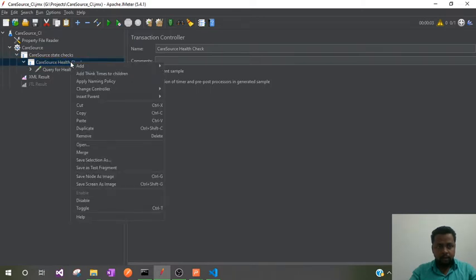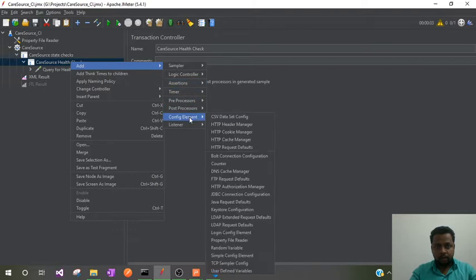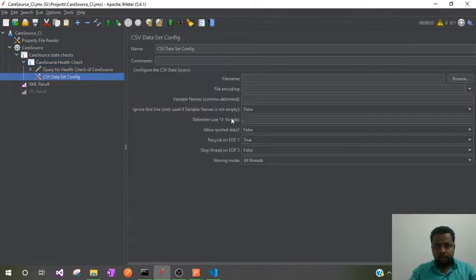Right click on this transaction controller, click on Add, then go to Config Element, CSV Data Set Config. So the CSV Data Set Config has been added for that request. I can drag and drop it to the top. This is how we can add a CSV Data Set Config in the JMeter test suite.